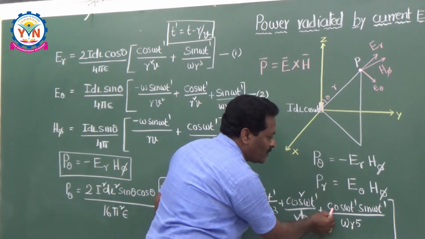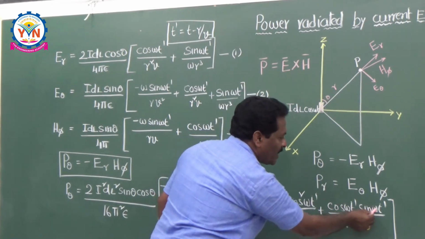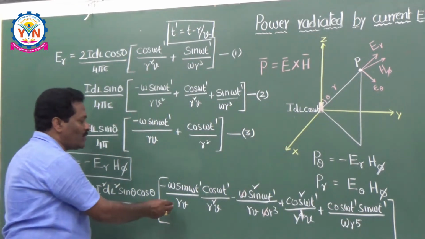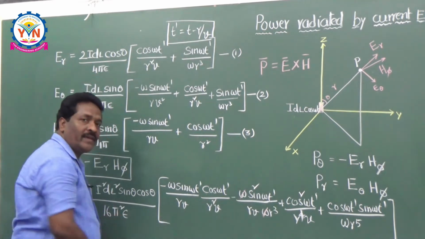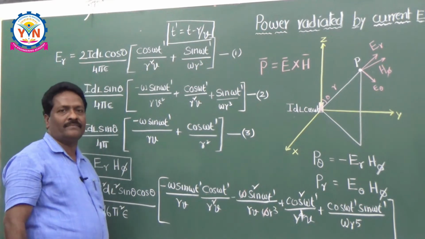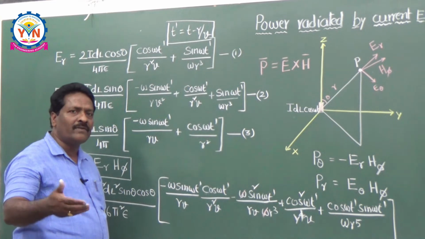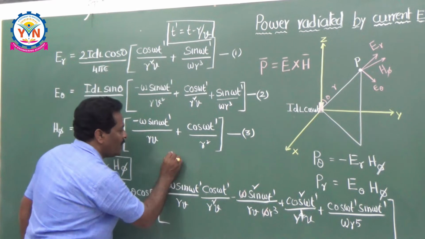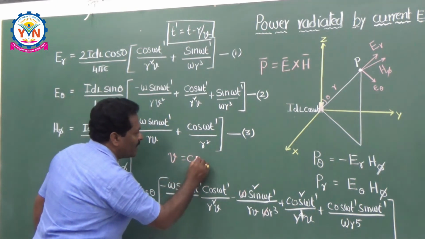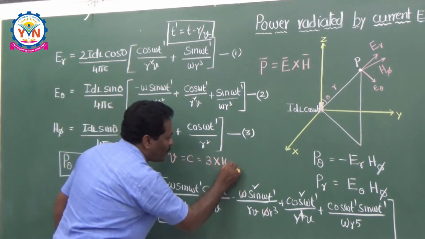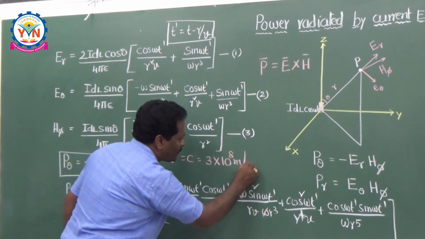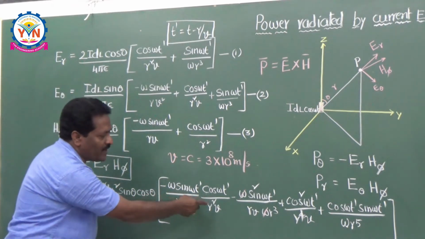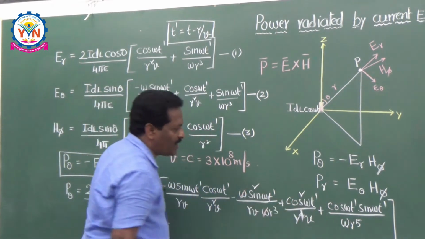And here also you can write down cos omega t dash into sin omega t dash by omega into r to the power of 5. Now, I would like to tell you here, what is V? V means the velocity of electromagnetic wave. What is the velocity of electromagnetic wave in free space? It is nothing but the light velocity. So, that is why I can substitute V as c, that is equal to 3 into 10 to the power of 8 meters per second. Now, very simple, you can simplify this and write the equation straight away here